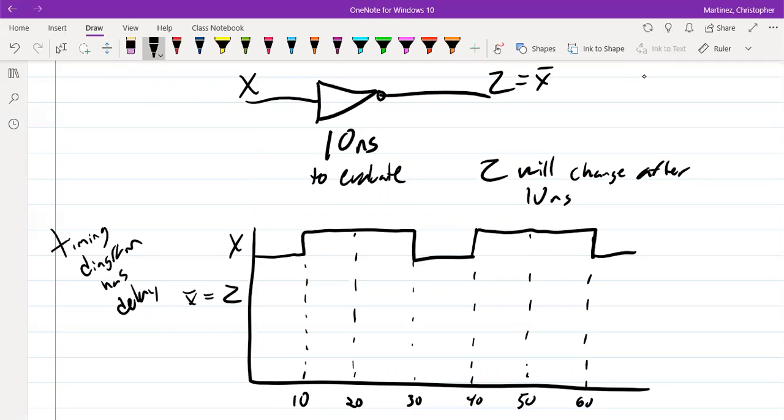Now, what we're going to do is we're going to take a time. And let me do this in a different color. That way it's a little bit easier to see. And in order to evaluate Z here, we're always going to look back 10 nanoseconds because that's how long it took us to examine it. So the first time we do this, we look backwards 10 and we don't have any value of X. So we're just going to put X's to say we don't know what the